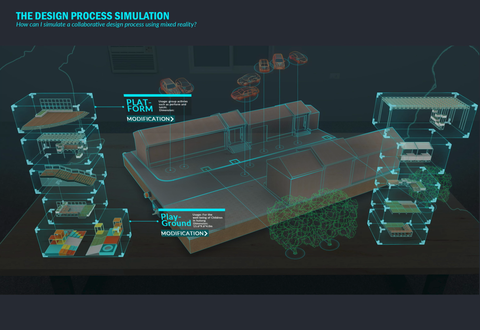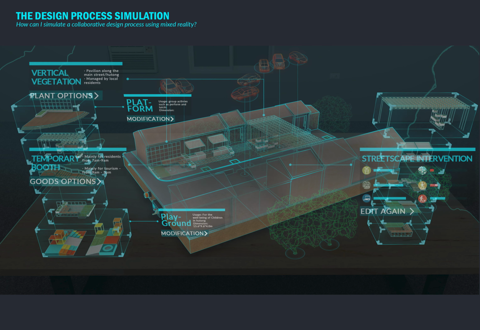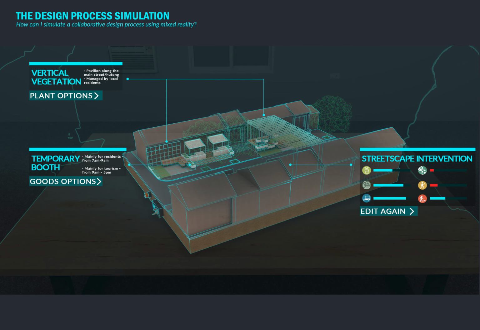The former module sprue will be listed on the screen as the initial design options. Designers and residents can simply add on the modules or modify it based on the existing ones to suit the specific space. After the major design phase, details can be discussed, such as the plant species and the products for the vendors. The valued character will be shown at the end to make people aware which kind of space is still needed to make other activities.